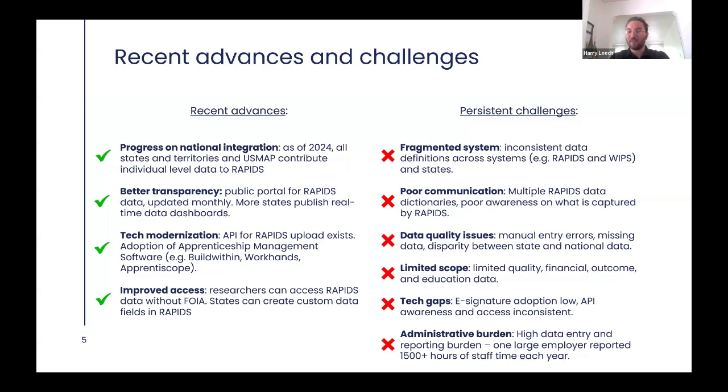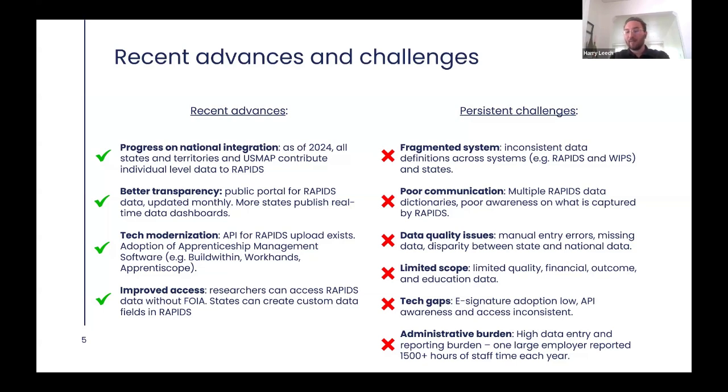And then we've just got issues with the way data is collected through registration forms. There can be a lot of challenges with data entry and different definitions. To take an example, anyone who's ever tried to look at apprenticeships by industry knows it's very hard. There are, for example, a lot of construction programs registered as education programs in Rapids. So we don't have a good record of that.